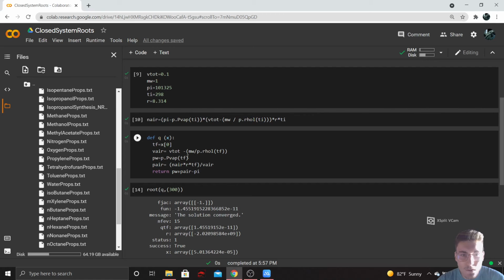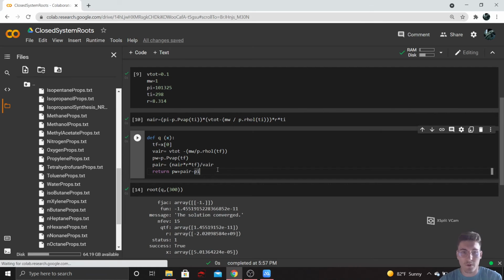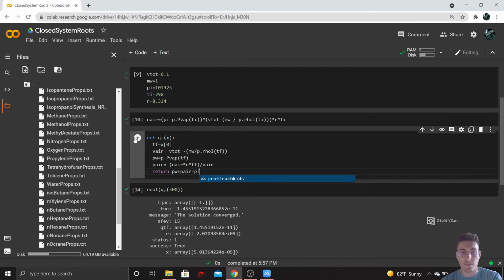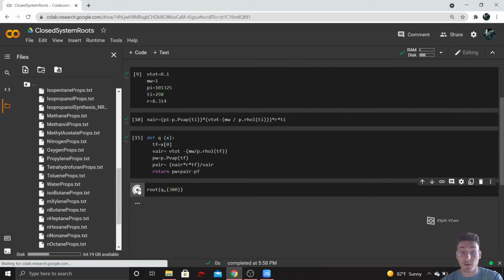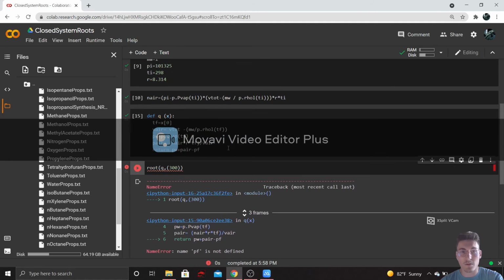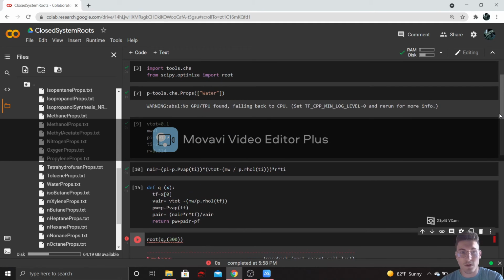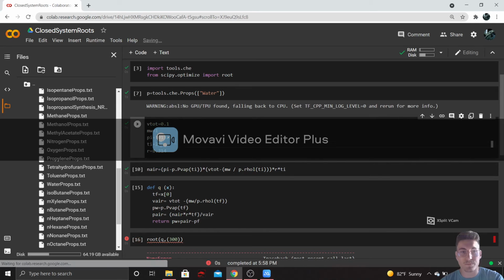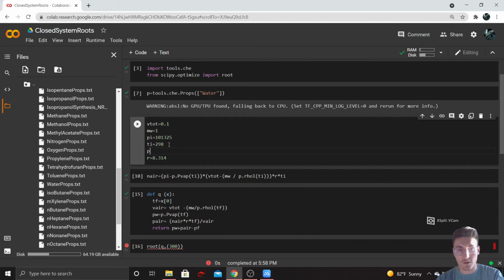Okay, oh okay, no, we do not want that. We want the final pressure, not the initial pressure. So let's go ahead and do this all again. Now again, it's giving me "PF is not defined." I never even put it up here. So our final pressure is equal to